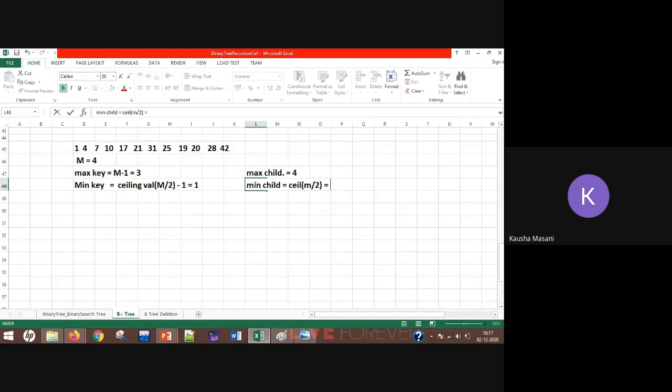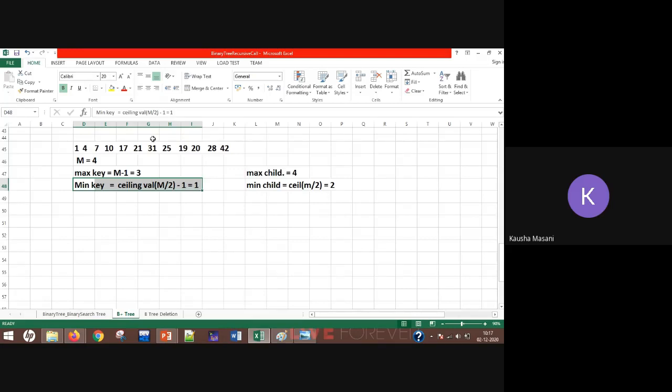Fine. तो इससे क्या पता चला? That you can have at max 4 subtrees. Minimum there should be 2 subtrees. In those subtrees, the node should have at max 3 data values and minimum 1 data value.